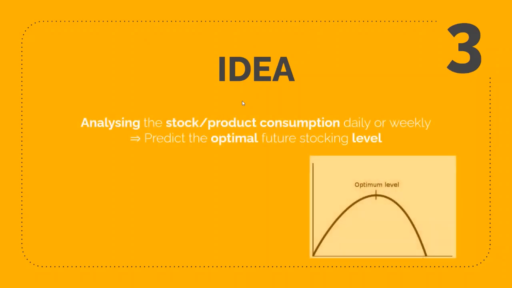So from what we heard from Jason, I'll summarize it. Our current situation is the small businesses and other businesses don't know how much they should stock their inventory. So they tend to either understock or overstock their products. To solve that problem, we come up with an idea: by analyzing the stock or product consumption daily or weekly, we use a model to predict the optimal future stocking level that would minimize the wasteful product,